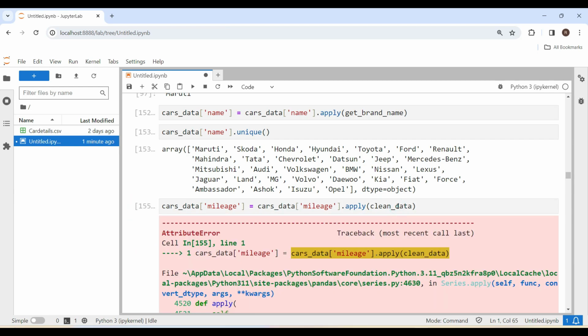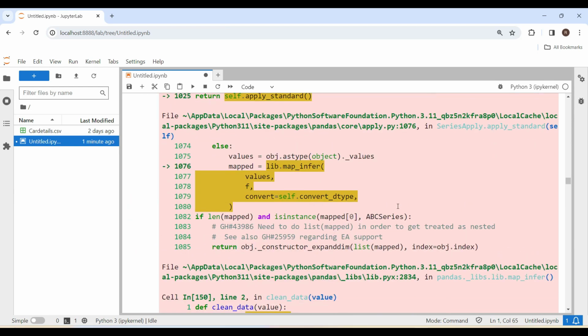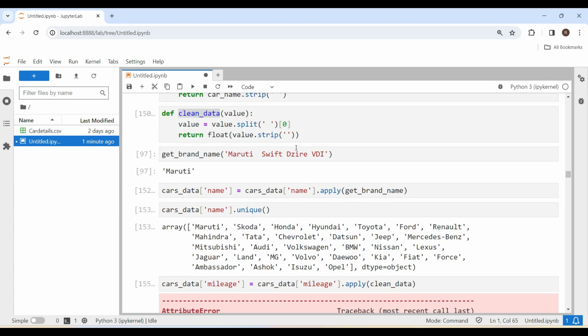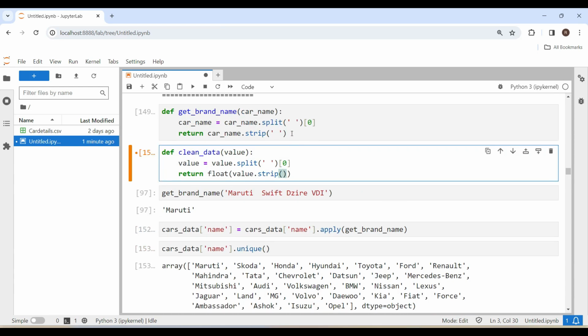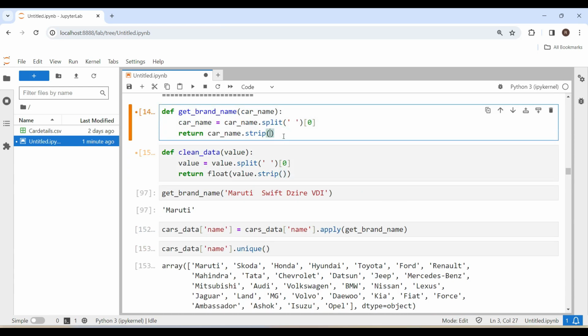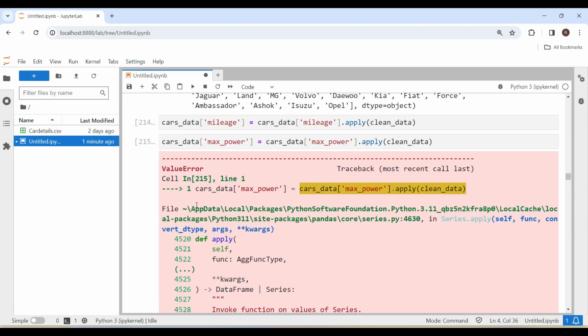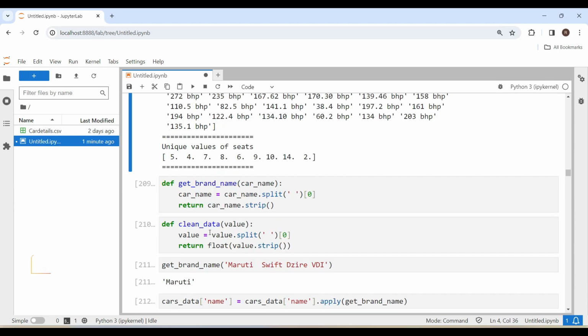Float object has no string. Okay, I think I got the error, so we have to remove these single quotes here. That's the mistake which I have made. Okay, here if you see, there is a null value, so that's the reason it is saying that. For that one, what we are going to do is